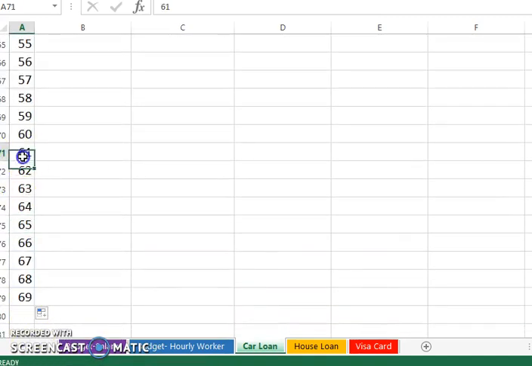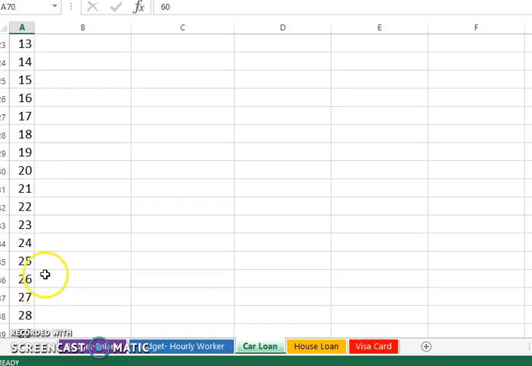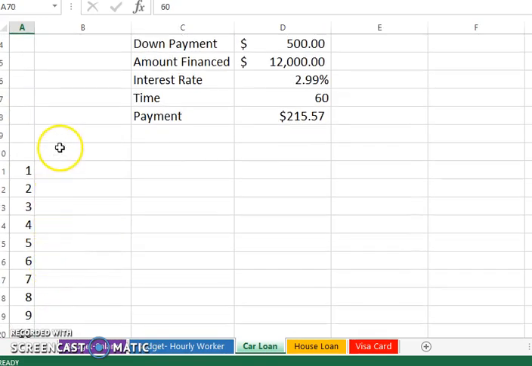Now 69, I can wipe these out. So it's real easy to add more payments or subtract. So I've got 60 payments. Also, what I'd like to know is the